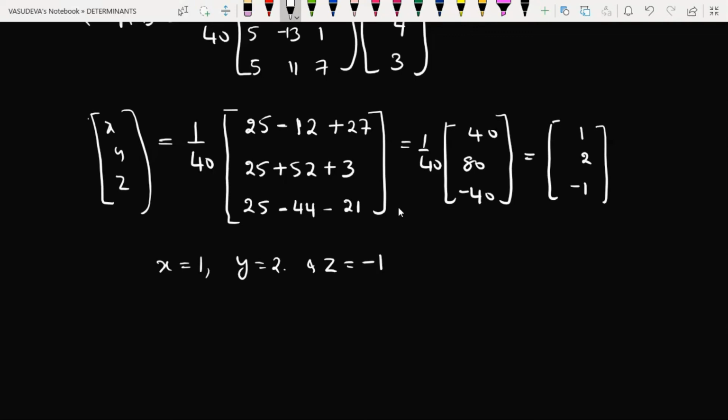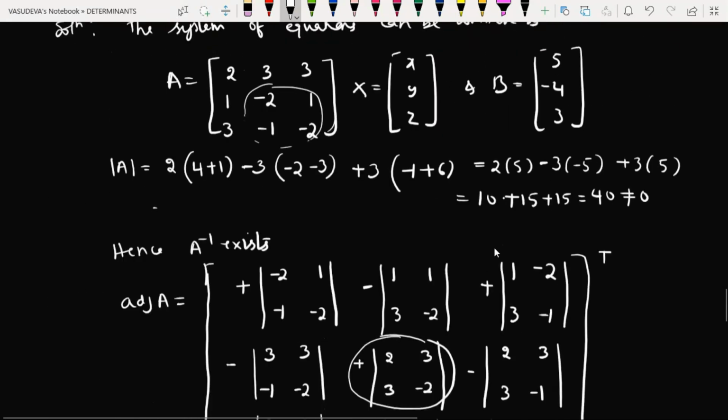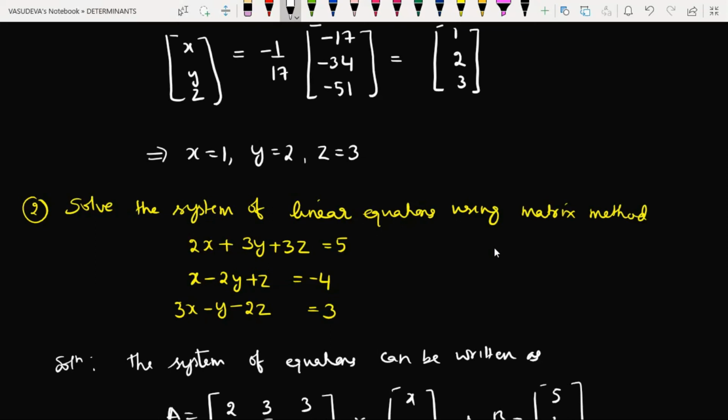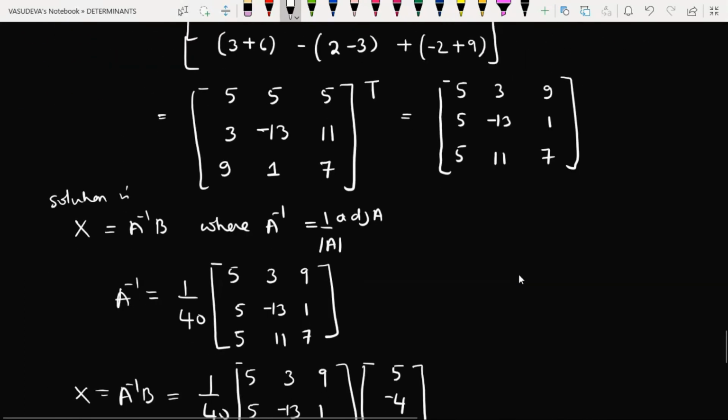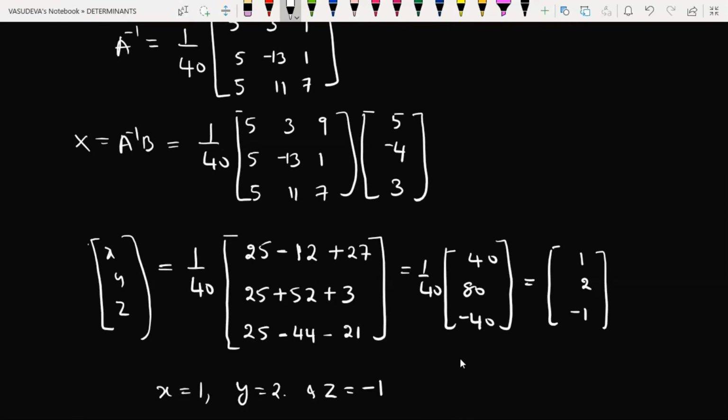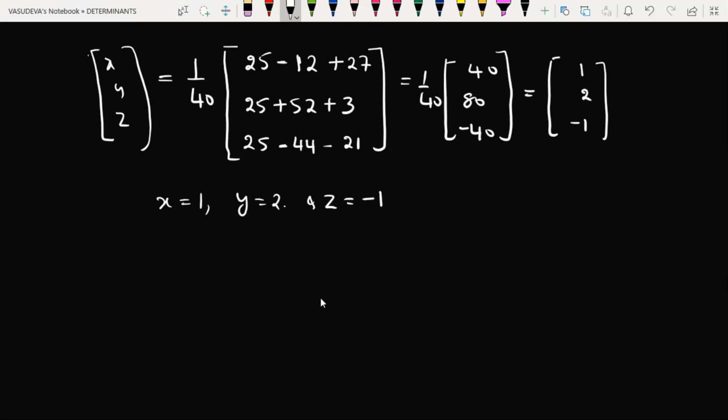This is how we can find the values of x, y, z using simultaneous linear equations. So now if we substitute x equals 1, y equals 2, z equals minus 1 into all these equations, we are getting the required terms. See, if you take here, when we substitute x, y, z into these three equations, we must get these constants 5, minus 4 and 3. So that we can verify it later after finding x, y, z, but we could not find x, y, z easily without the method, because this is one of the methods.